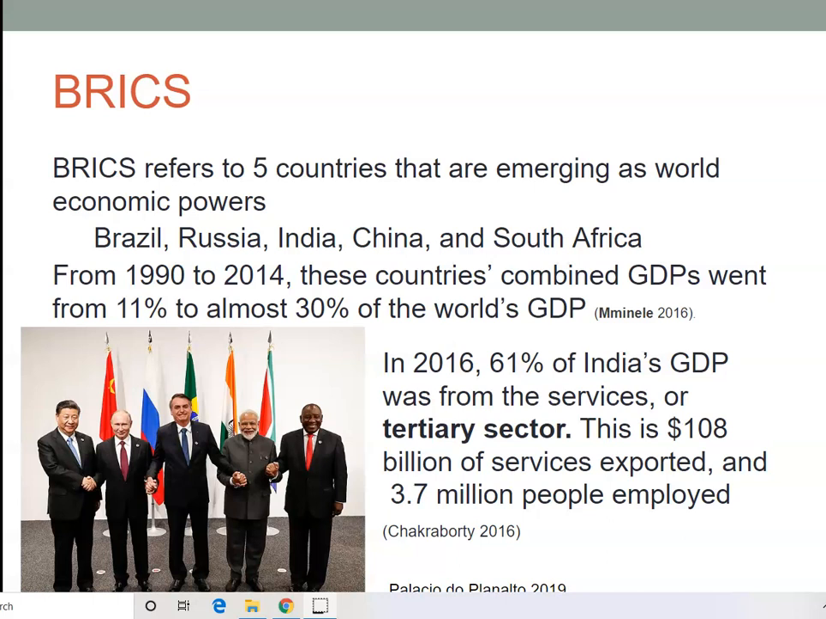And if we look specifically at India, in 2016, 61% of India's gross domestic product was from the services sector, or what is known as the tertiary sector. Okay, remember, primary sector, like we see in much of Russia, is going to be extractive work. Secondary is going to be manufacturing. Tertiary is going to be services. Okay, this is $108 billion of services exported, and 3.7 million people employed, largely by the IT services. Okay, very much in the IT service